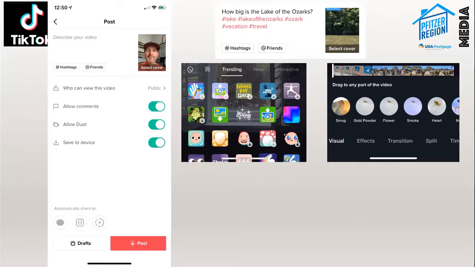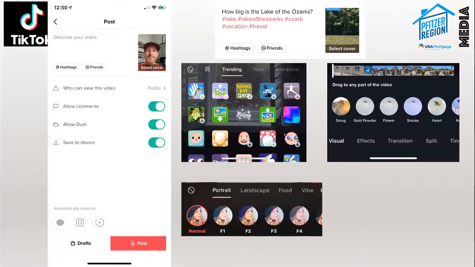That's why I did it, because I was watching videos and I was like, oh my God, that's so awesome. How do they do it? And I had to have my kids teach me. And turns out it was really easy. So that's that. This is a picture of what filters looks like.